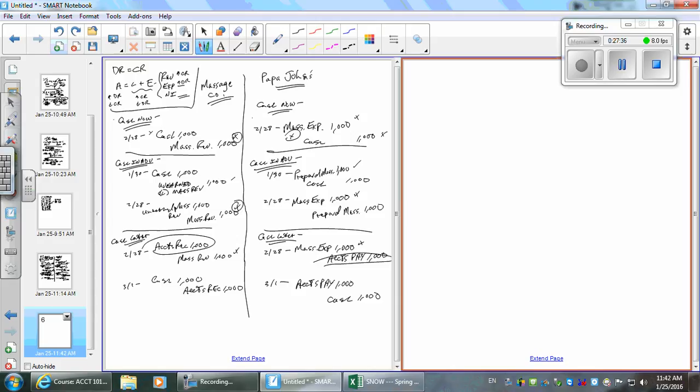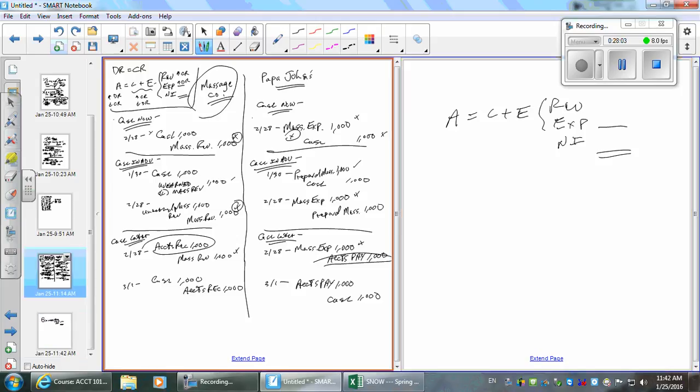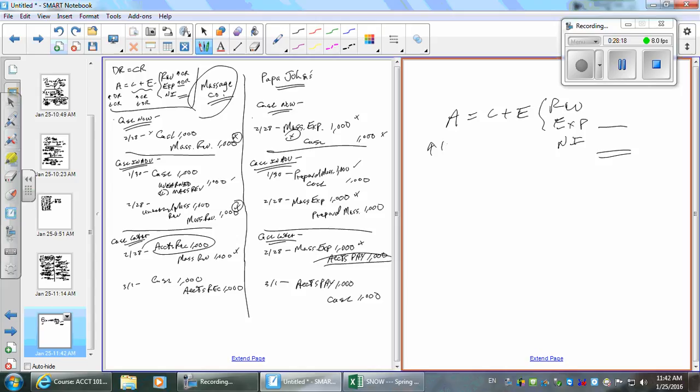Okay, let's take these transactions then, and let's look at what happens to the balance sheet and the income statement. Assets equal liabilities plus equity, revenues, expenses, net income. Okay, so here we go. Tell me what happens in the cash now. Let's do massage companies first, okay? What happens? They debit cash, and they credit massage revenue. So what happened in the financial statements in February? You have to know this or you couldn't have done the entry, huh? Right? So what happened? Cash, which is an asset, went up by 100, and